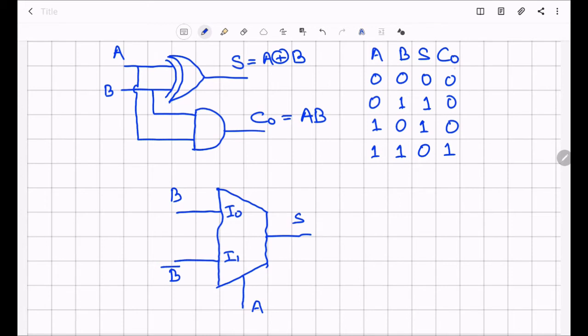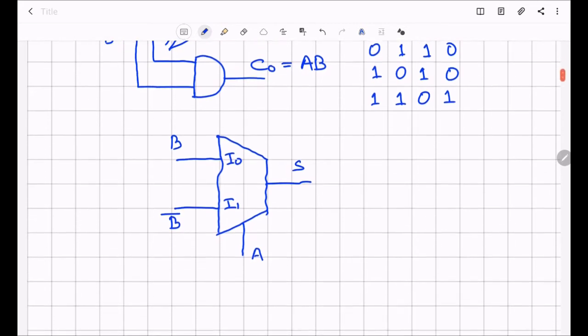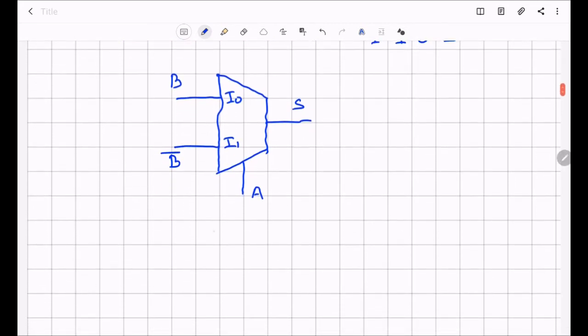Now if we will see the carry out, it is a 2 input AND gate and we know that 0 is a dominating input for 2 input AND gate. So if any one input goes 0, output will be 0. So select line I am taking as A. So if A is equal to 0, it is going to give me the output 0.